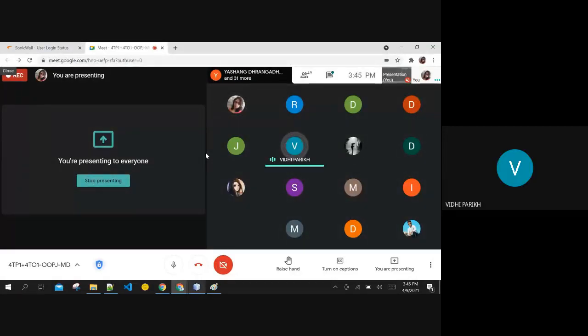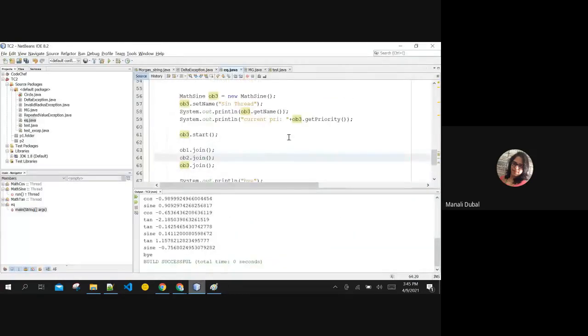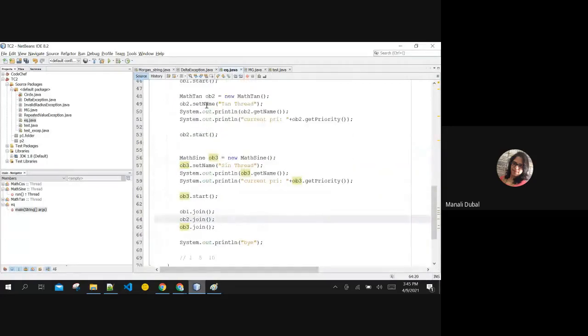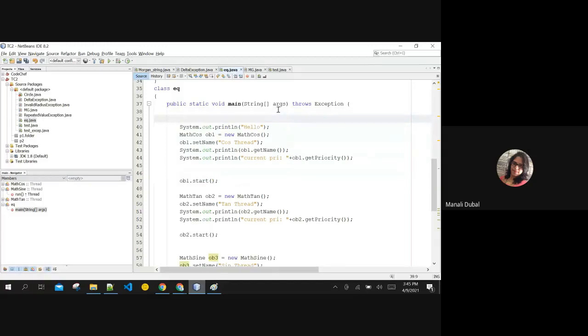Ma'am, can we explicitly give priority to the main function, like the main function thread? Okay, you want to give priority to the main thread. It is always the caller thread, and it always has the highest priority. The main class, the main function, is the caller thread. It always has the highest priority. Still, you can,